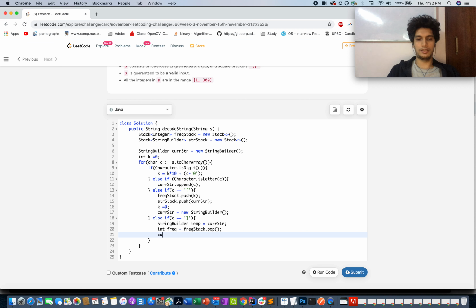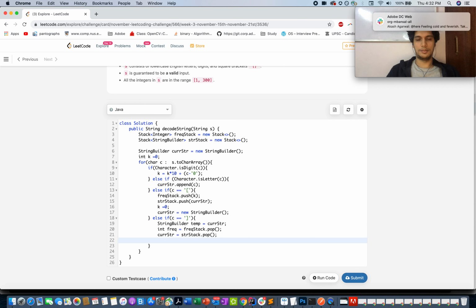So you can mark the current string as the top of the str stack, and now you start appending to the current string with the temp value.